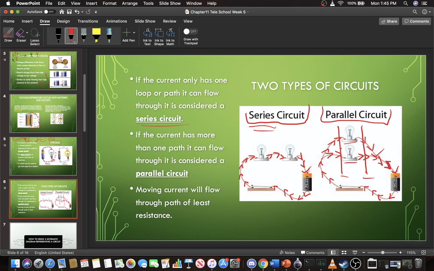Moving current will flow through the path of least resistance. We talked a little bit about resistance last time, and we'll continue to talk more about it. But the idea is that whatever way is the least difficult to move through is the way that the current is going to move. And that also makes sense because